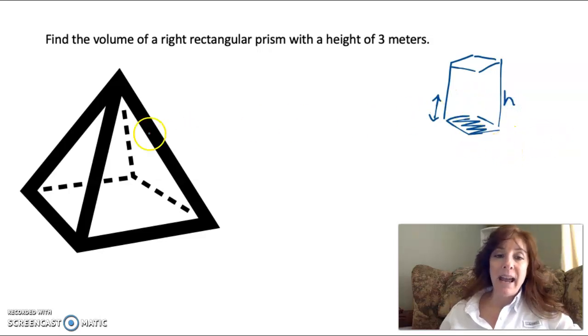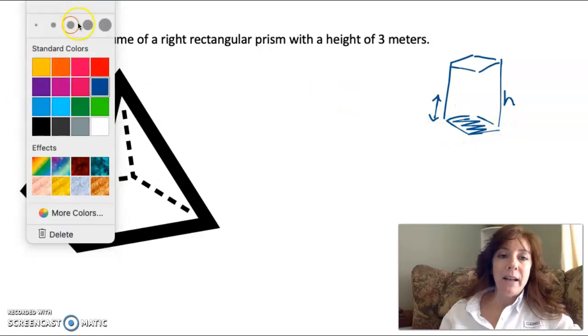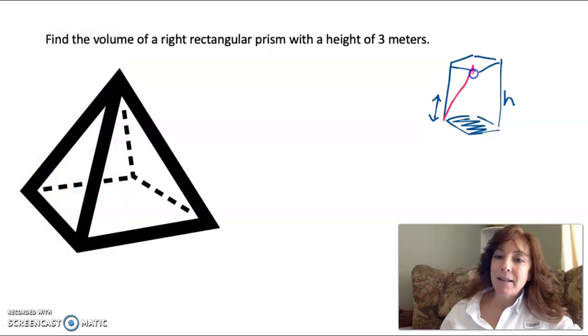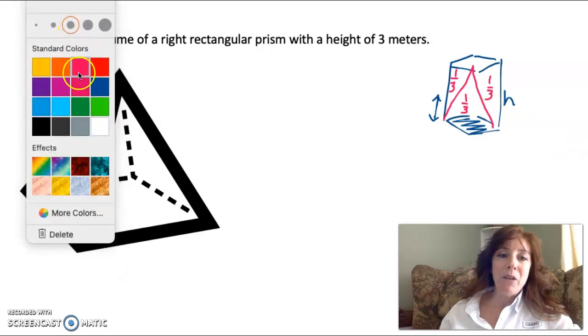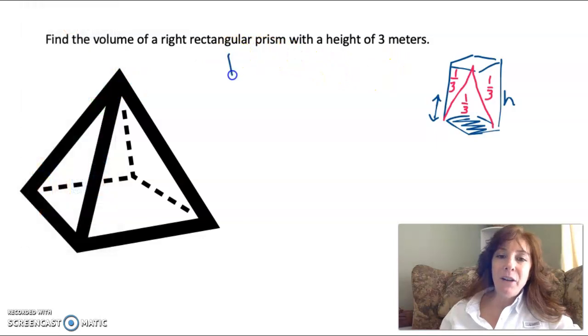But now we have this pyramid, and if you can imagine the pyramid kind of inside this box, it looks like it sort of takes up about 1/3 of the box. And if you can remember that picture, you can remember the formula of a prism. I said pyramid, didn't I? It's a prism. So the volume of a rectangular prism